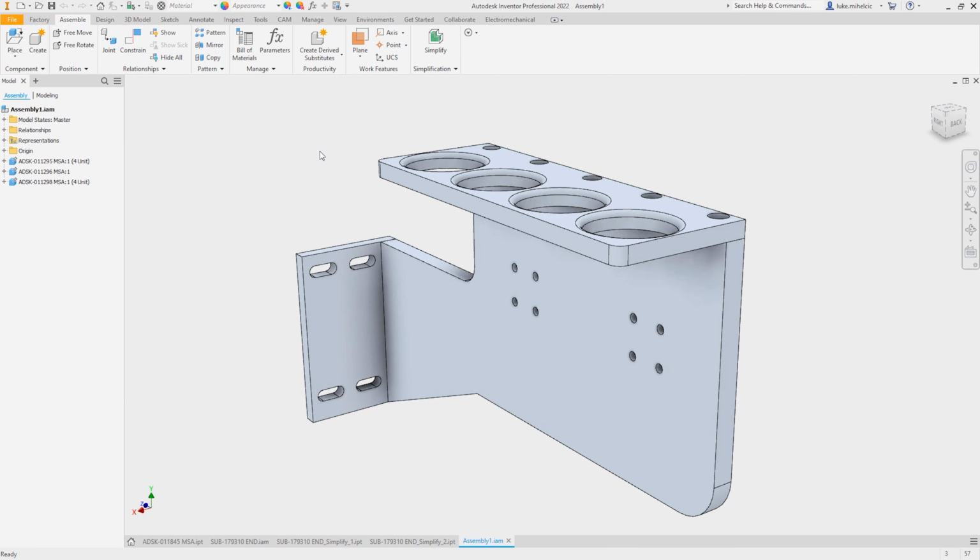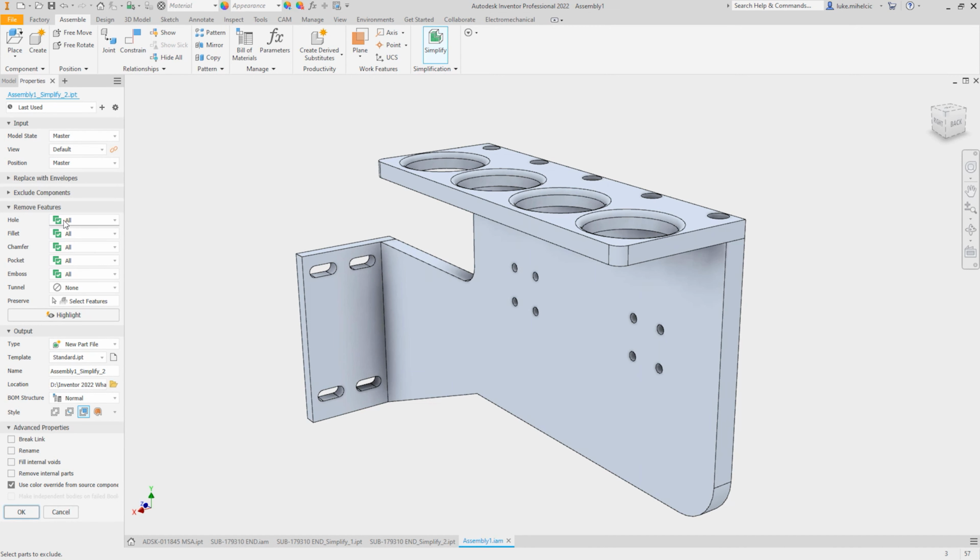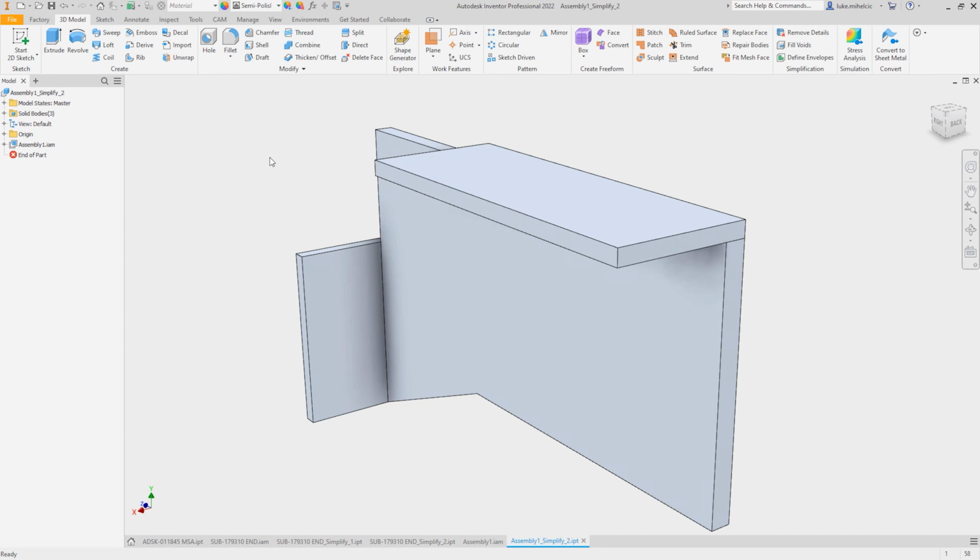The last example I'd like to show you is setting up a part inside of Inventor for generative design inside of Fusion 360. And we're going to use this bracket. And right now it's an assembly, so I need to simplify this down to a part file. And at the same time, I'm going to remove all of these features. So I'm going to use that simplify tool again, and I'm going to remove all of those features. I can hit highlight and see that they're all going to disappear. Again, make sure that you maintain each solid as a separate body. That way it will come over into Fusion 360 as individual solids that you can work with. And I should have a super simple version of that bracket.